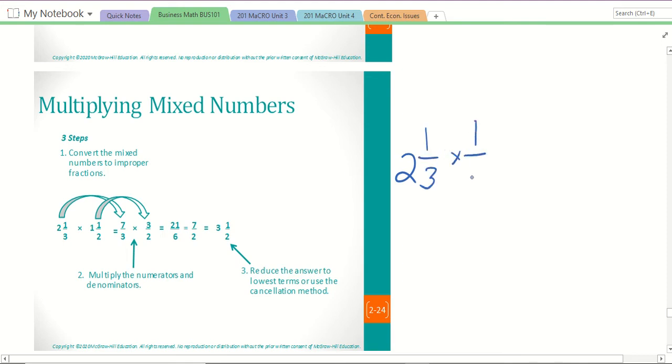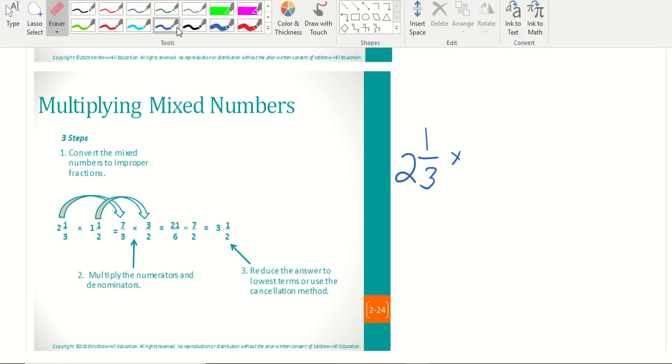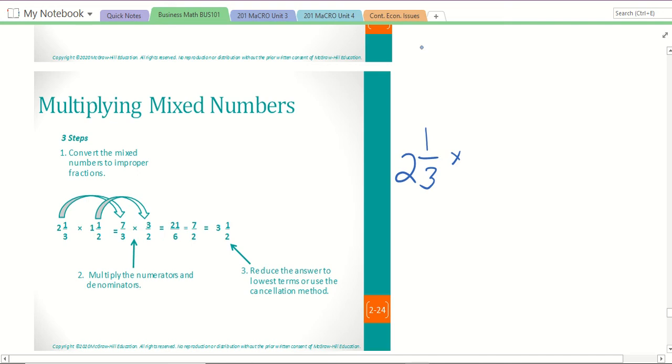times 1, excuse me, let me erase that real quick. Two and 1/3 times 1 1/2. Okay, so we're going to take 3 times 2 is 6. 6 plus 1 is 7 thirds, times 2 times 1 is 2, plus 1 is 3 over 2. And then what we're going to do is